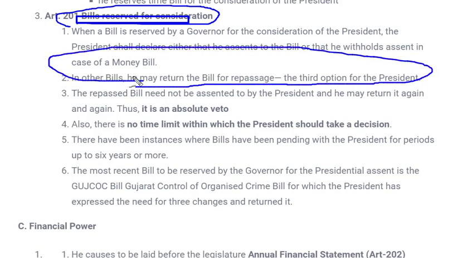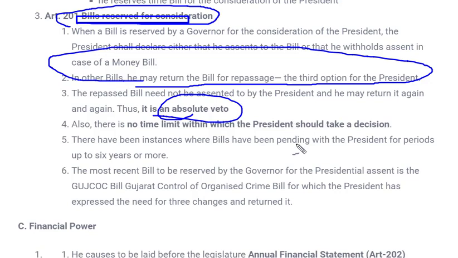Now if the president gets such a bill, what will he do? He has powers, and what are the options with him? He can give his assent, again the same cases, or he can withhold the bill with absolute veto. Absolute veto means he cancels the bill and it doesn't become an act anymore. And the third option is that he gives it for reconsideration, and if the president has given the bill for reconsideration, then only the president is responsible, not the governor. The governor will not play any role once the bill is kept for consideration with the president.